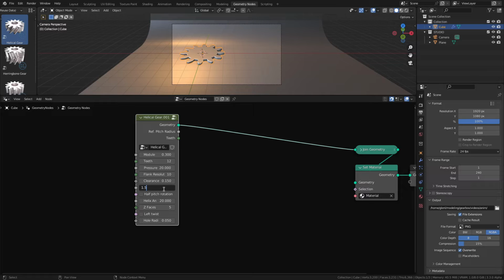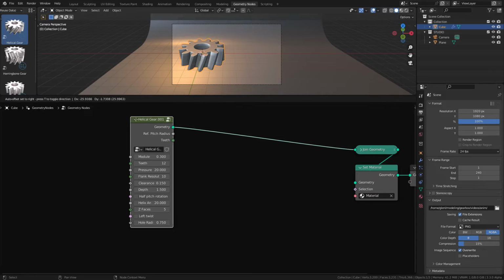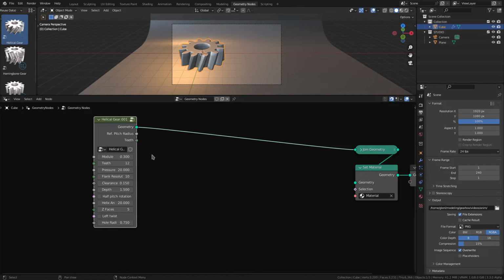This has to be a little bit taller, and we need a little bit bigger hole radius, or it looks a little bit nicer with a good size hole radius. And I'll show you how to place these real quick. We learned how to do that in the intro. The important part is we'll learn how to set the speed ratio for both gears and get them animated properly. So, the important thing about meshing two gears, I'm going to Shift D